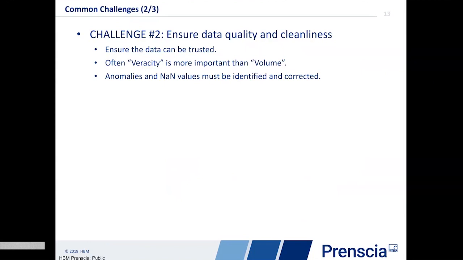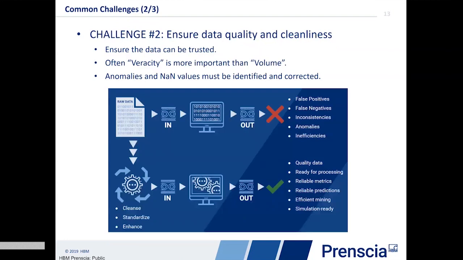So anomalies, NaN stands for not a number. Those sorts of values must be identified upstream and corrected before running any analysis. That's very important. So this little sketch here represents, on the top horizontal line, the garbage in, garbage out.